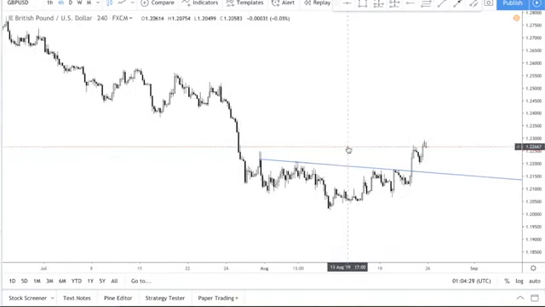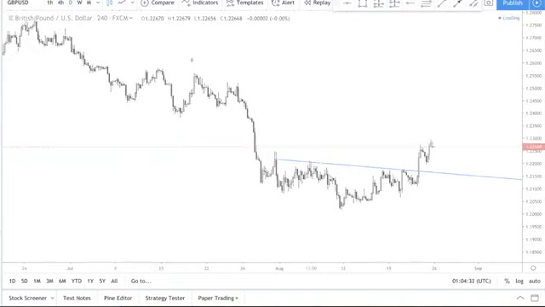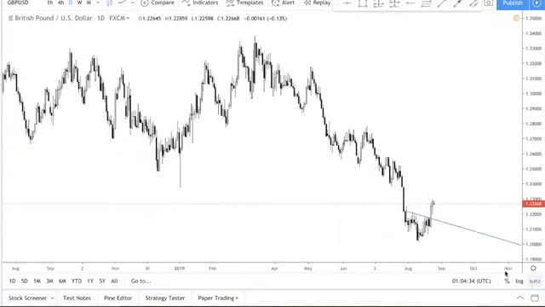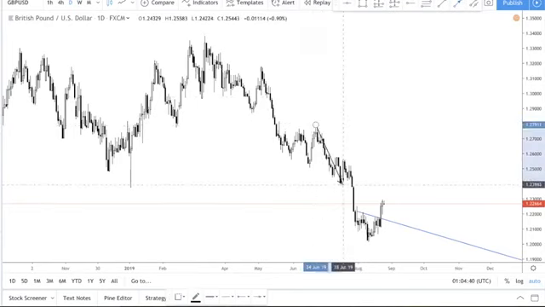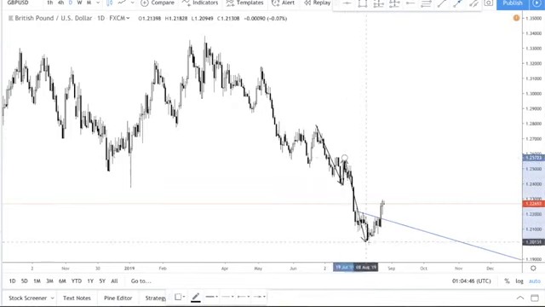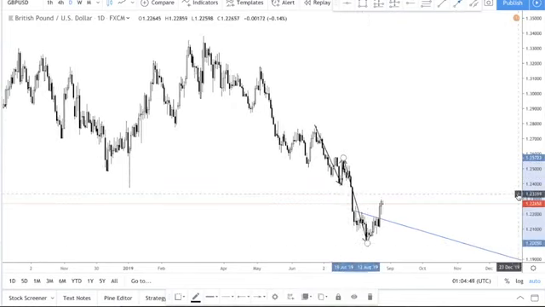Let me just look at the daily first. On the daily, it's actually pretty obvious that it's a downtrend. We always do the same thing: always look at the trend, look at the bigger picture. It's always the same thing, but of course, you need experience to really decipher things. So you can see it's a downtrend, but